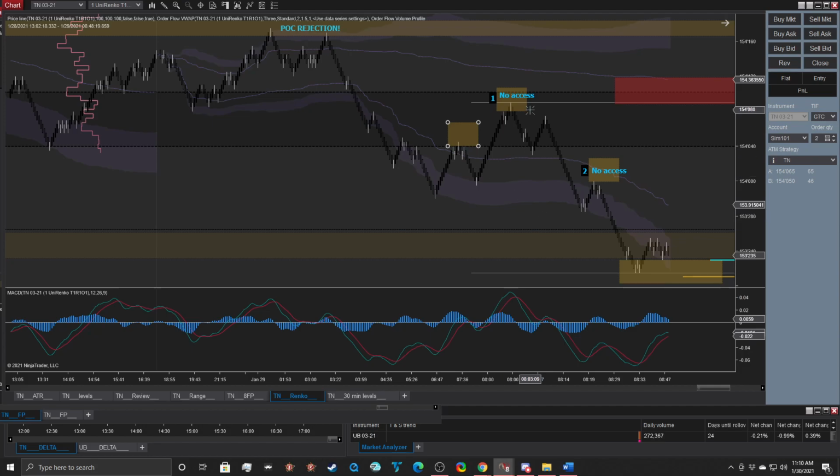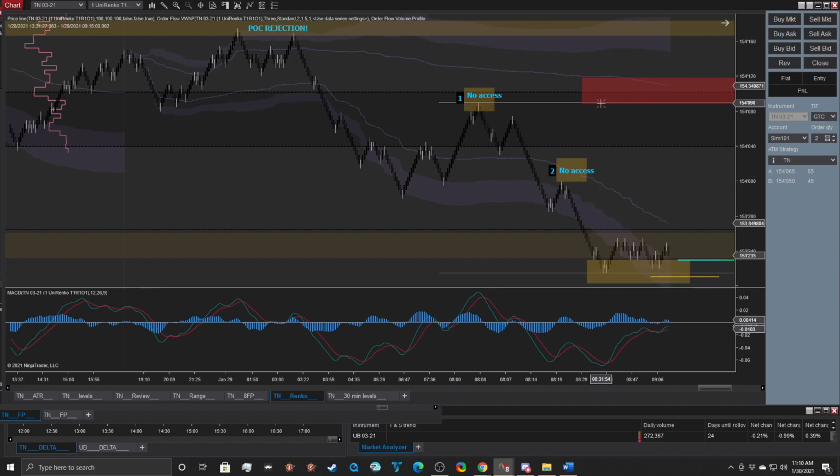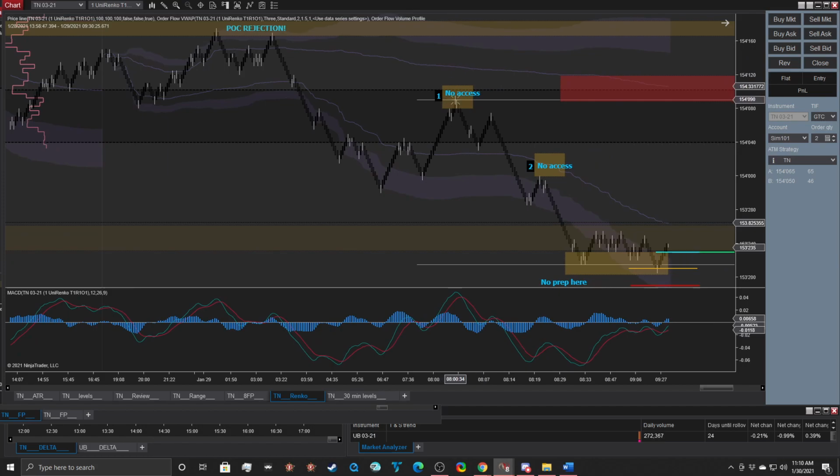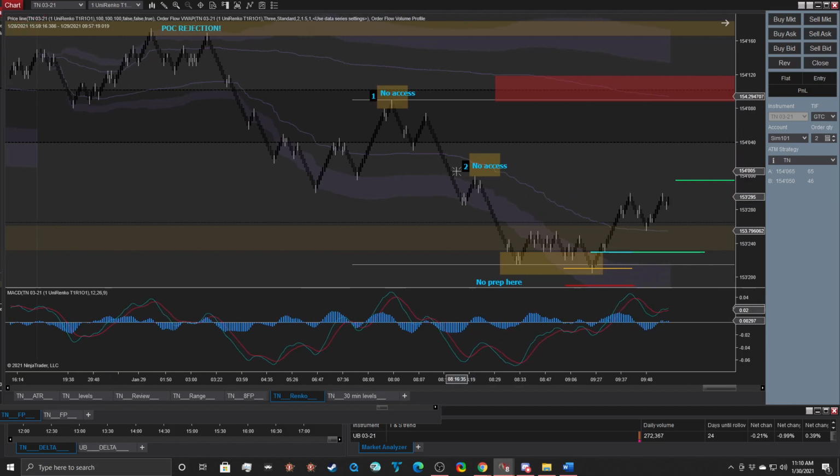specific example here. So price interacts at area 1 early in the morning. It's a little bit before my session, so I don't really want to trade it, so I have no access to this, but I am tracking it. So no access to this in terms of time, and also there's no completed auction here, but we start to sell off. Then we come into zone 2 where we actually see the IPB on the weekly, and we see that initial